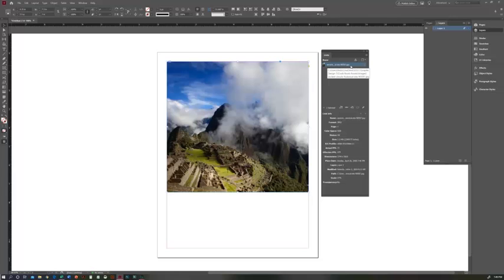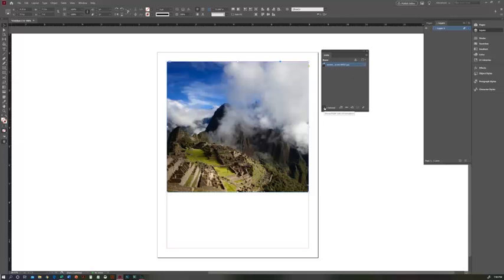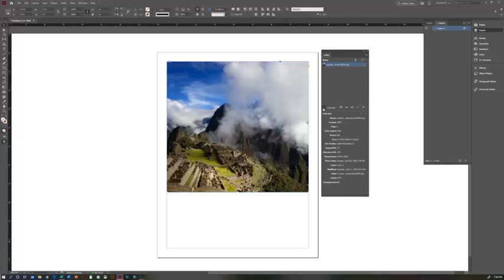This is the file name. This is the page it's on. If there were any issues, it would be in this column. But so far we're good. And then you might have to open this caret to show the additional information. So if you click on an image, you get the link info below. So again, you're getting the name, the type of file it is, it's JPEG, page it's on, the color space